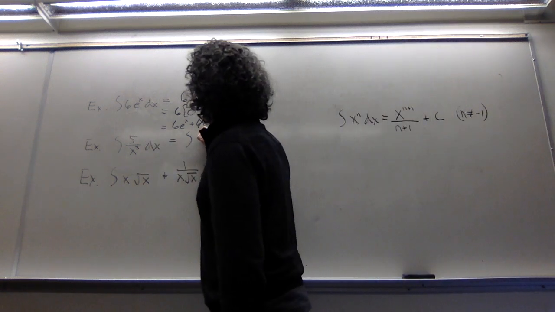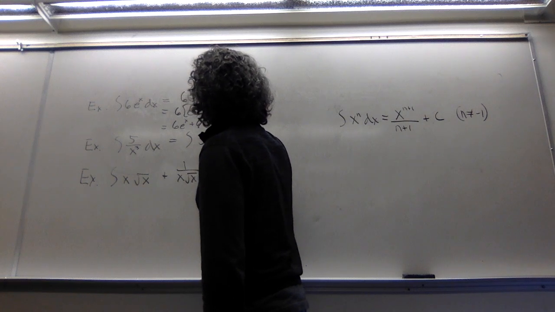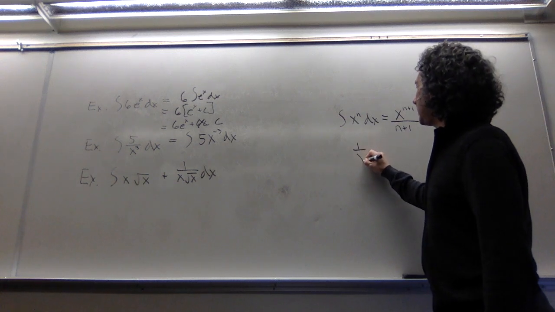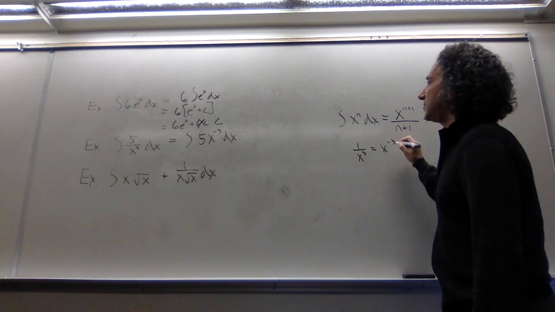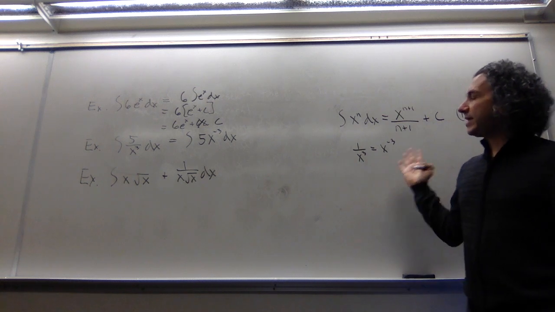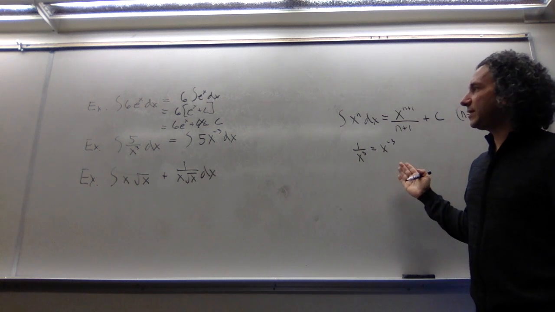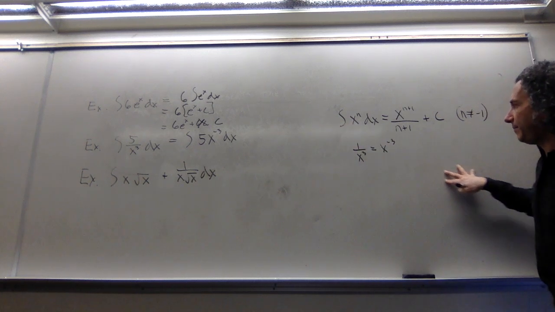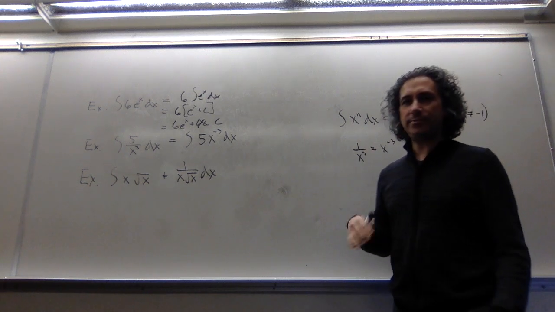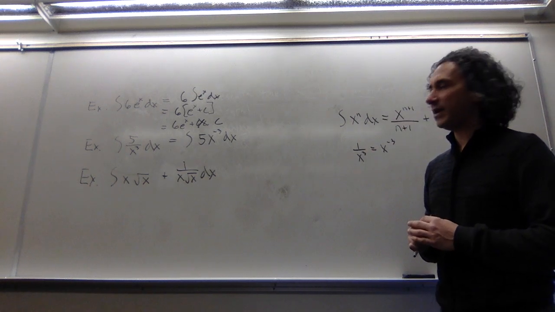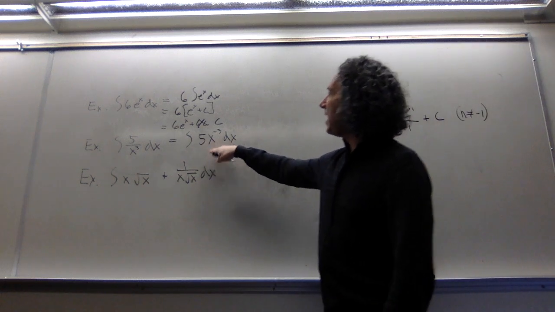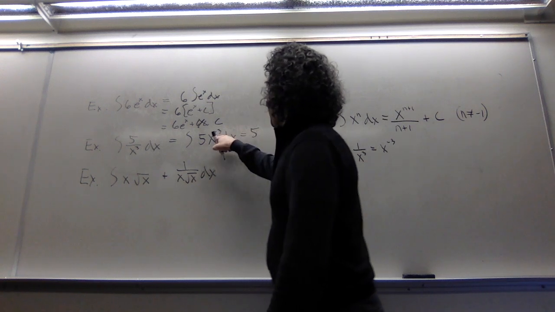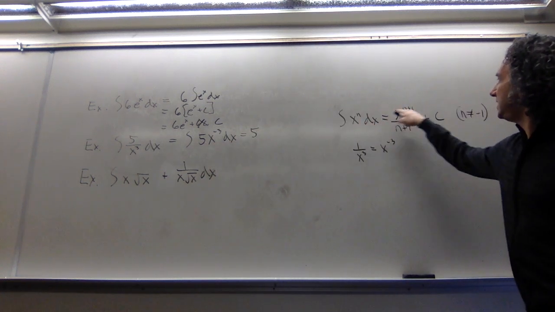So 5 over x cubed I can write as 5 times x to the minus 3. So that's properties of exponents. In other words, 1 over x cubed is the same thing as x to the minus 3. If you can't remember your properties of exponents, you definitely want to review them. So let me finish this problem, and then I'll put them over here, and maybe you can practice them, do a Khan Academy video, or search online for more practice. But getting back to this problem, we now have it in a form that we can deal with. The constant, again, goes along for the ride. And x to the minus 3, well, we just need to add 1.